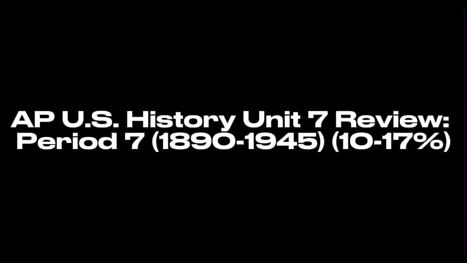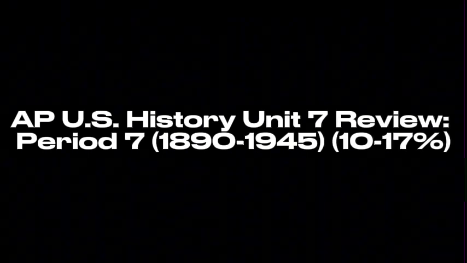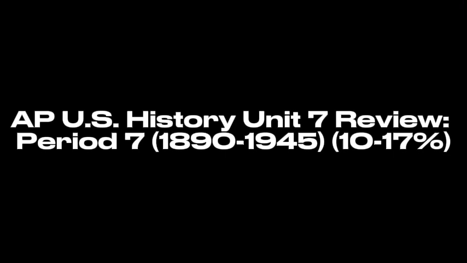Thousands were prosecuted. The key Supreme Court case was Schenck v. United States in 1919. Schenck was a socialist distributing anti-draft leaflets. The court upheld his conviction, creating the famous clear and present danger test. Meaning speech isn't protected if it creates a danger, like falsely shouting fire in a theater. Exactly. Justice Holmes argued that wartime allows greater restrictions on speech than peacetime. This precedent was used to jail many anti-war activists, socialists, and labor leaders, like Eugene Debs and Emma Goldman, who was eventually deported. Civil liberties took a major hit.